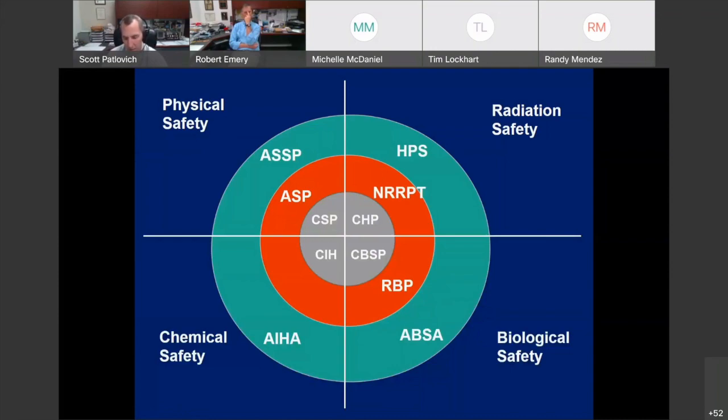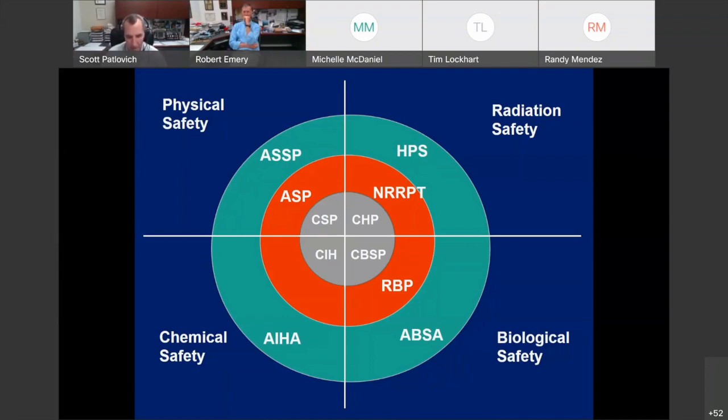These are basically when the organizations recognize you've met certain academic qualification requirements and experience requirements, but usually there's not an exam associated with a registration, unless there are some specific things like the ASP or Associate Safety Professional that do have an exam associated with them. And then when you get into the inner part of the bullseye of the target, you've got the professional certifications, which require the experience, the academic preparations, and passing the exam.